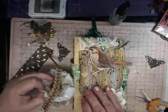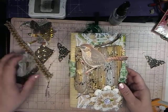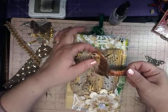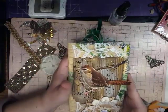Feels kind of lopsided here. I'm going to stick this in here so that it's straight. Okay. And I'm going to be sticking some